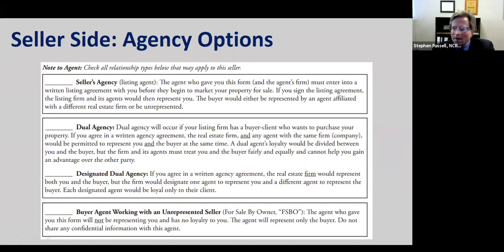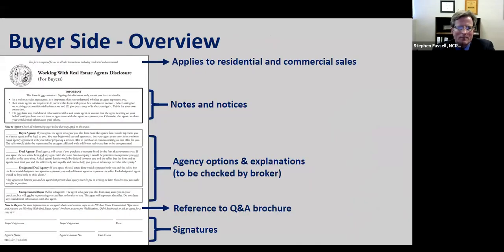All right, so let's look at an overview of the buyer side of the form, and you'll notice that it's very similar to the seller side. It's got the same notice at the top saying that this form is required for all sales transactions, including commercial and residential. The title designates it as being for buyers. You've got the same important notes section there. And then you've got 4 categories of agency relationships that apply to buyers. And these are going to be similar, but not exactly the same as we saw on the seller side of the page. And then, of course, below the agency types, you've got a note to the buyer saying,